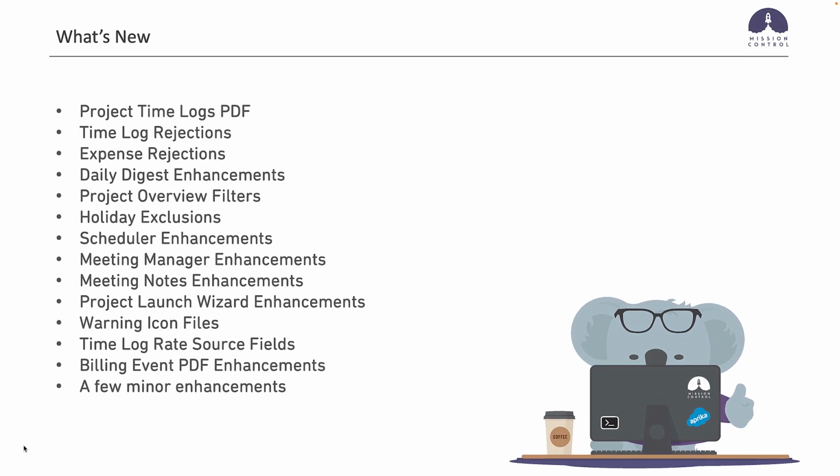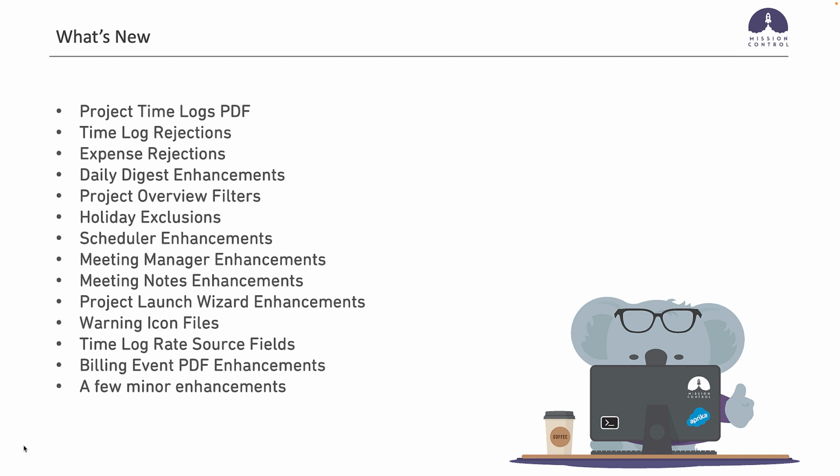So there's a fair bit coming in this release. We'll cover it off quickly here, and then we'll talk about it in a bit more detail. There's a new PDF coming where you can export the time logs as a PDF report for a particular project, adding in a better way for users to handle time logs and expenses that have been submitted for approval and subsequently rejected. There's a number of enhancements made to the Daily Digest, being able to apply filters to the